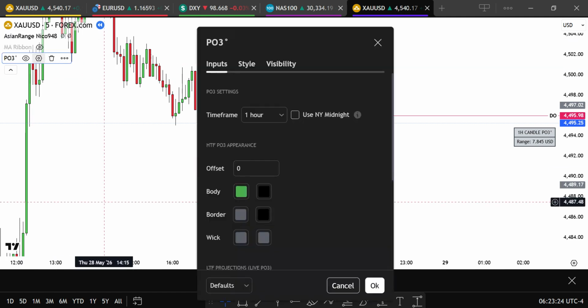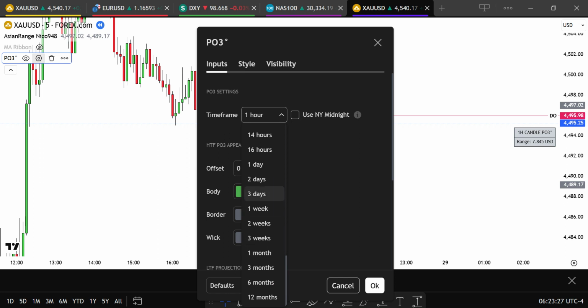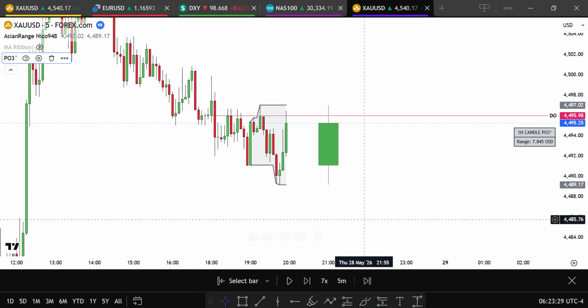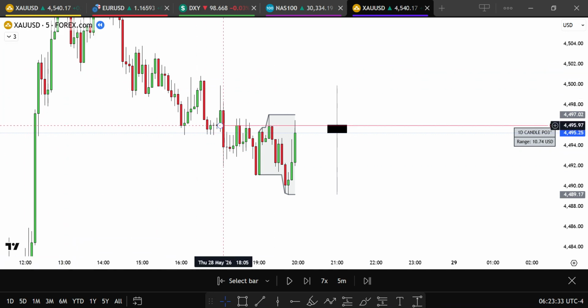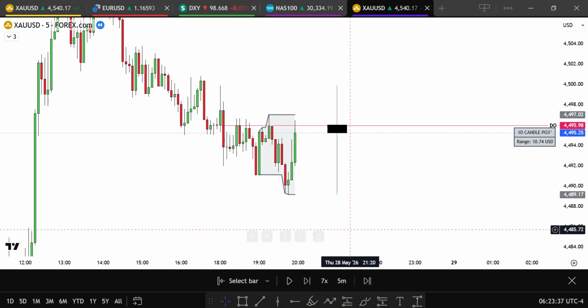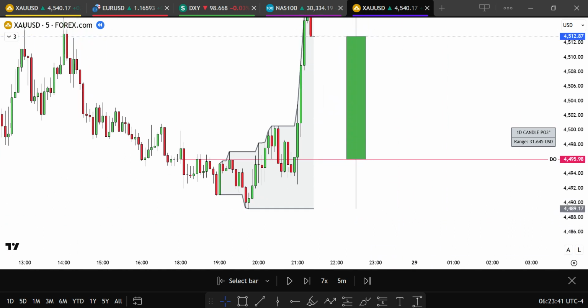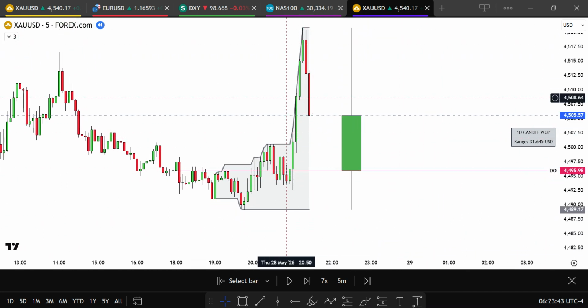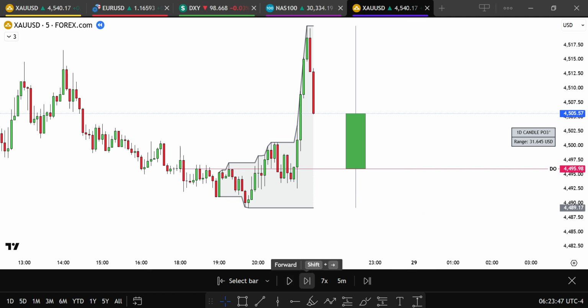I think this is the H1 time frame. Yes, this is the H1 time frame. We have to switch to the daily candle. Okay, so this candle indicates the daily candle. Here you can see the daily candle open. This candle first went down, right? Created a wick, and then you can see it started creating a body, and it went up and created a bullish candle. I mean, a bullish candle is going to form.